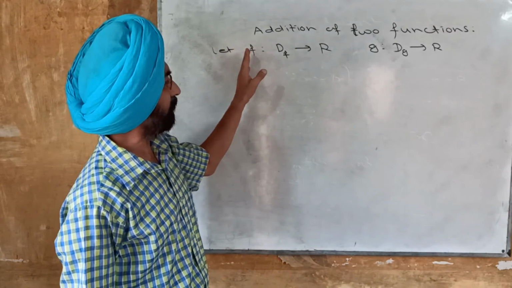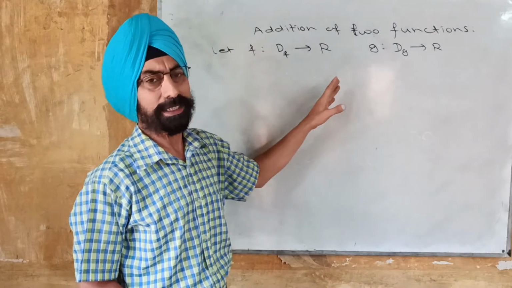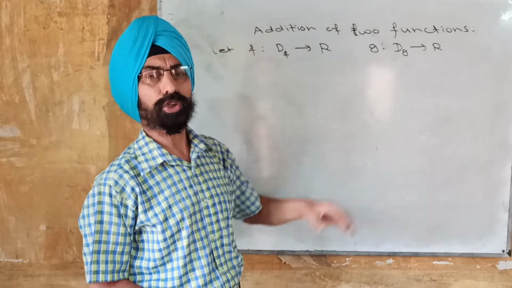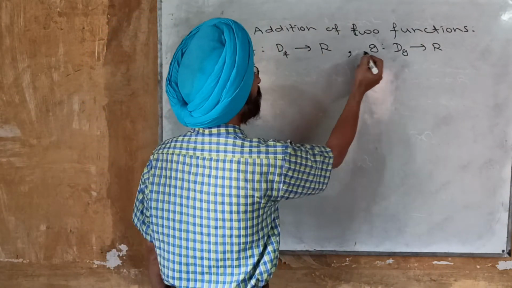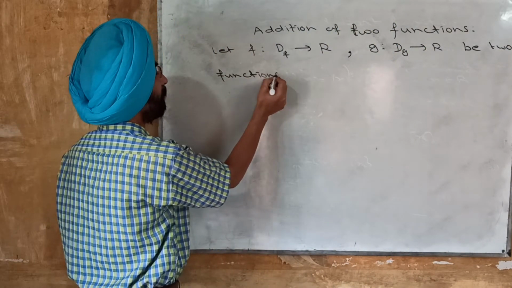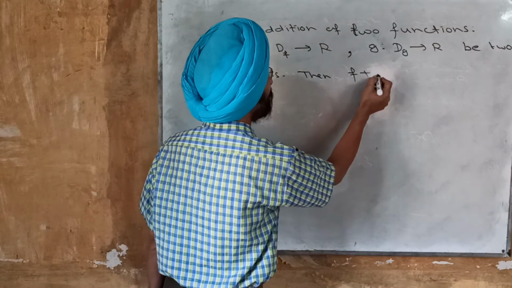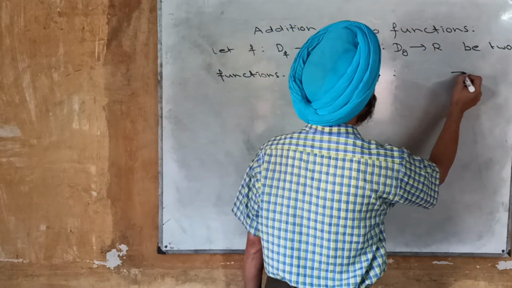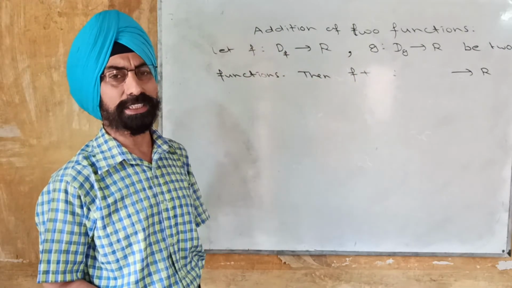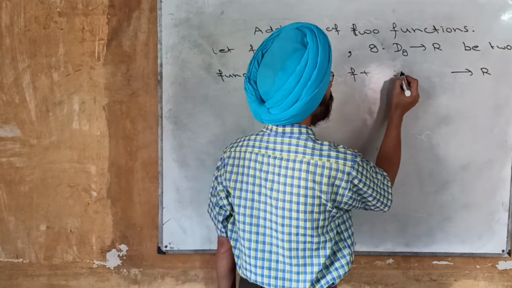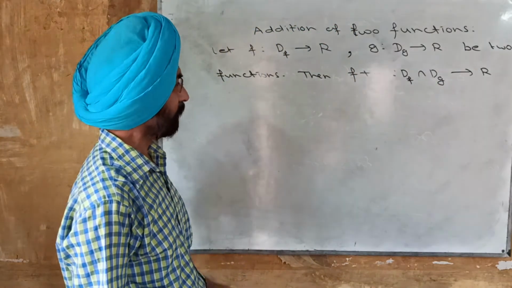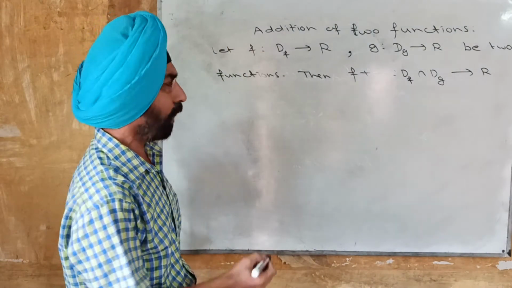But no problem if f has some different domain and g has some different domain; then the domain of the function that is the sum of these two functions will become the intersection of these two domains. So let f from D_f to R and g from D_g to R be two functions. Then f plus g is from where to R? I have just told you that f plus g will have the domain common to the domain of f and the domain of g, that means the intersection of these two domains. So f plus g goes from D_f intersection D_g, this will be the new domain of the sum of the two functions, to R, and is defined as